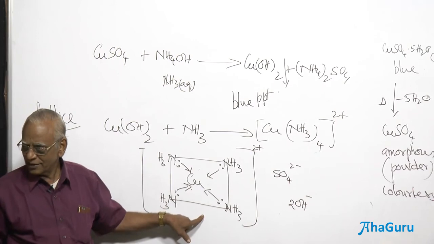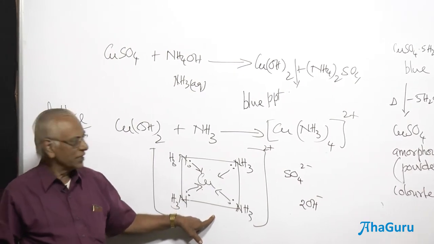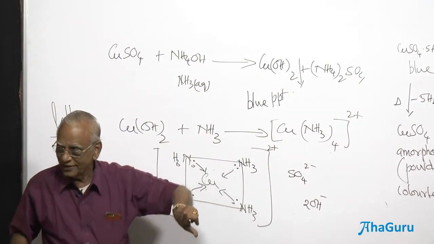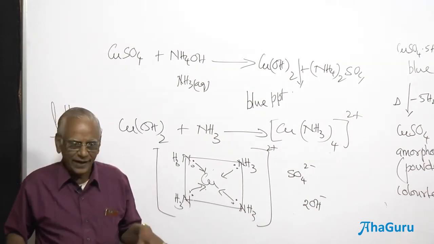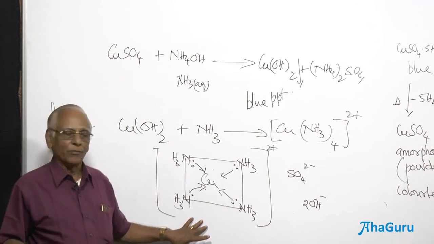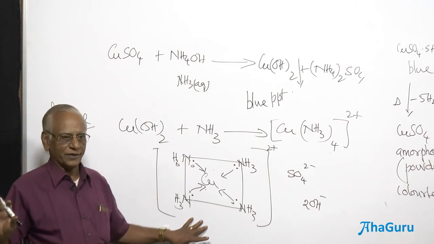Are you able to say? Repeat, tell me. Why is it soluble here? Why is it insoluble here? It's a covalent compound, therefore lattice energy is very high, sir. Very high. This one is going to be an ionic compound. Is that clear to you?